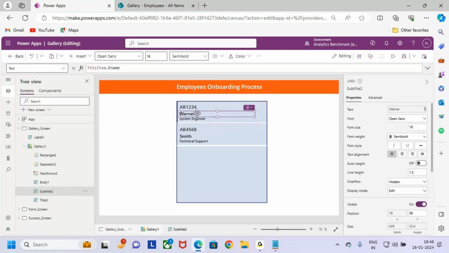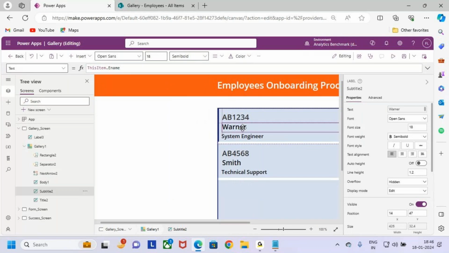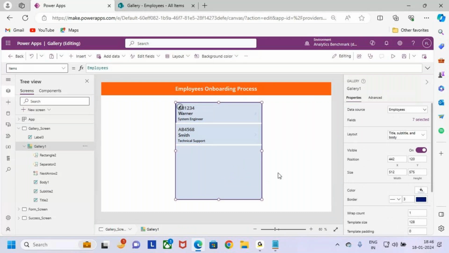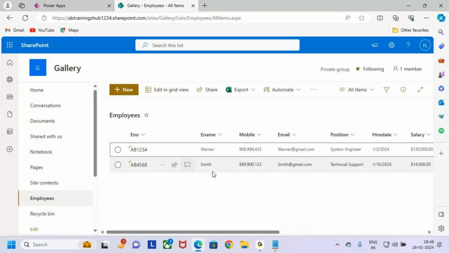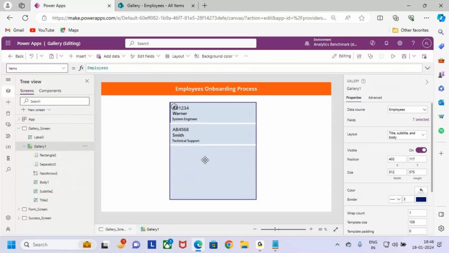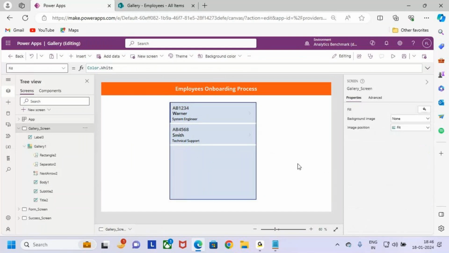Let me increase some size here. Fine, it looks good now. Now this is the gallery I'm showing here guys. In the gallery what I'm displaying? I'm displaying some data, whatever data is stored in the data sources. Now along with this gallery, what is my second requirement here? I want to keep one